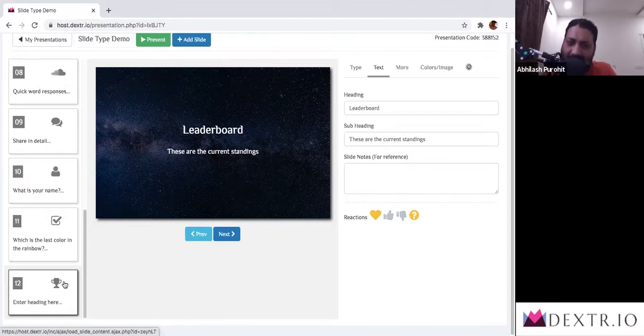And this time, the second leaderboard is going to show them marks, including all the previous points as well. That is the leaderboard style page. And in combination with quiz, it works really well in creating an interactive quiz.